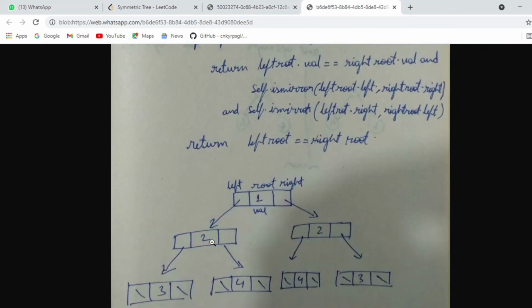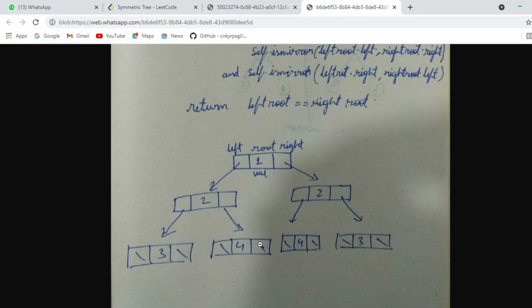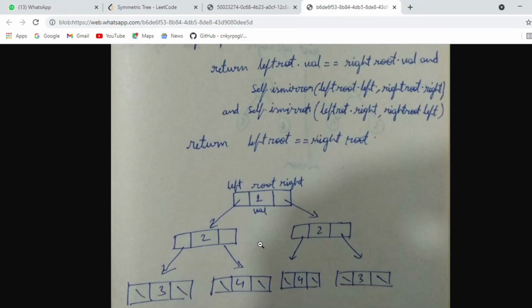So here in total we have parsed the whole tree. We'll come like this. First we'll parse this, then we'll come here, then we'll see these nodes, then we'll come here, we'll check these nodes, then we'll backtrack and we'll go to these two nodes, and we'll finally come to the conclusion that this is a symmetric binary tree.